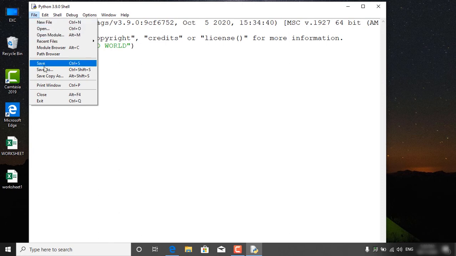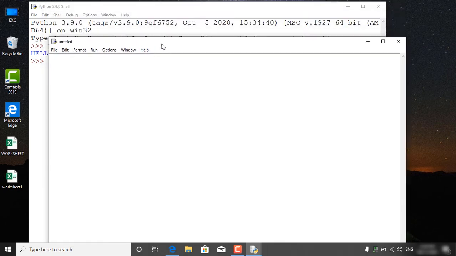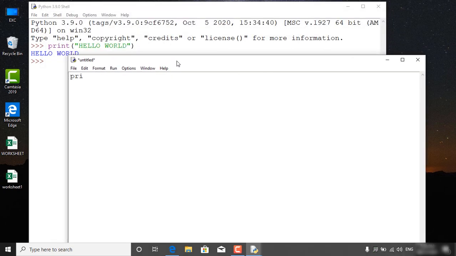For that file, we need to click File and choose New File, and we'll print something here also as hello world. We'll type print, and we'll type hello world, and we need to save this file.